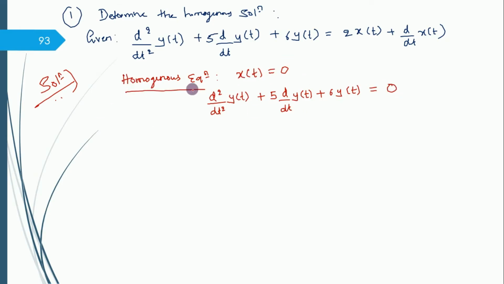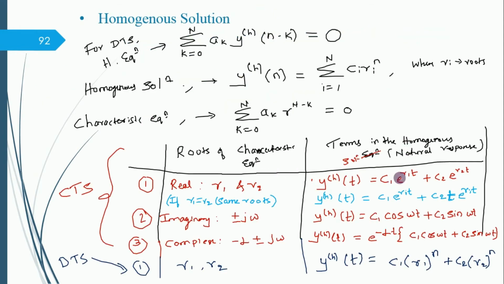After the homogeneous equation, you need to write the homogeneous solution. For writing the homogeneous solution, I need to know the roots of the equation. So these are the homogeneous solutions, but whether I have to write it in this fashion or this fashion or this fashion, I don't know, because this can be decided only on the basis of the nature of the roots, whether they are real or same, imaginary or complex, whatever it is.